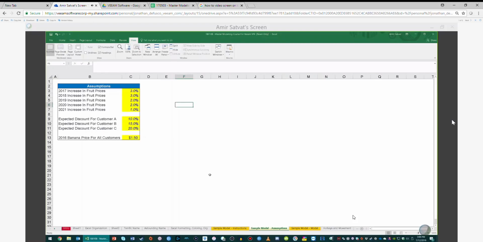High-level assumption. And again, I'm going to have some assumptions in the sample model, and you're going to say, well, Amir, what's the differentiation between whether I put it on the assumptions tab or in the model? There's a little bit of feel to that. In an ideal world, you put every assumption in the assumptions tab, but I put a few in the model just to illustrate. It's not like you're breaking the law to do that, but you'll see that here, I again